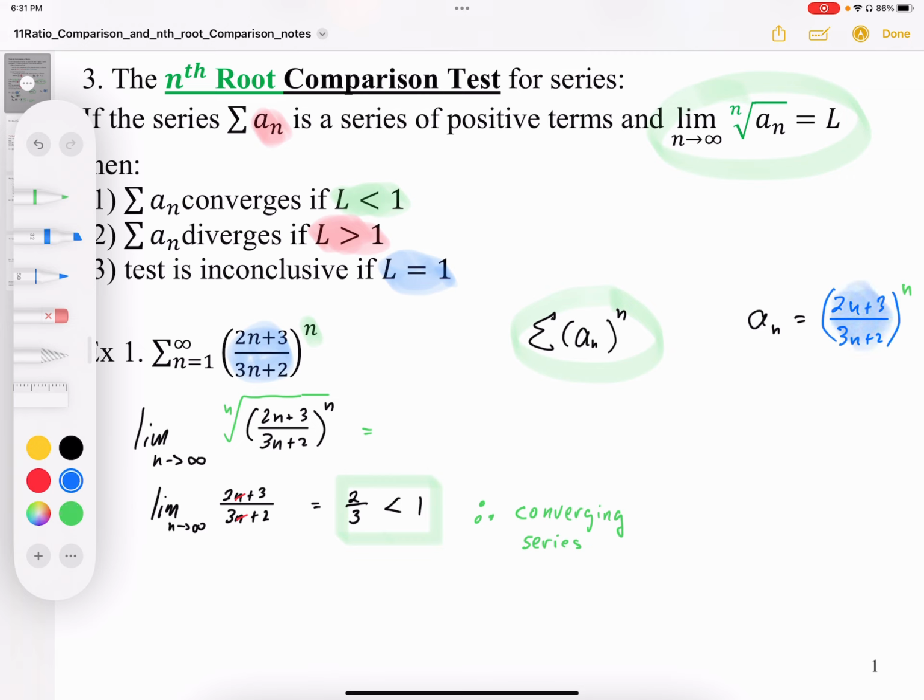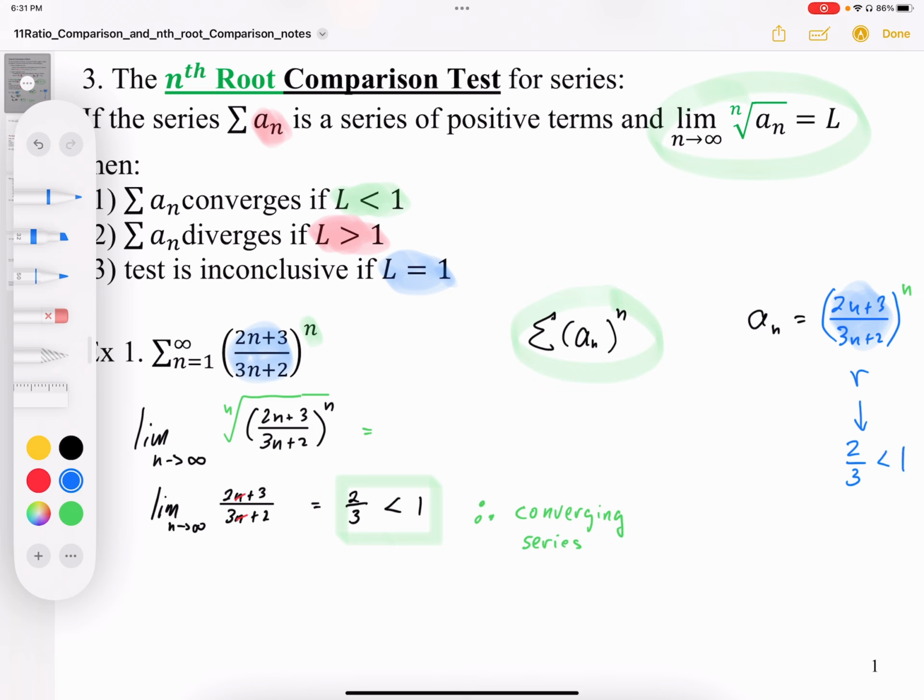What's happening to the base as n goes to infinity? That base, the r value, at infinite values becomes essentially 2/3,